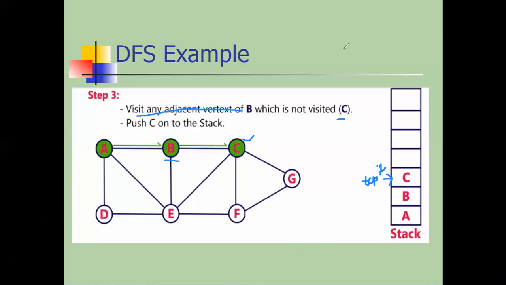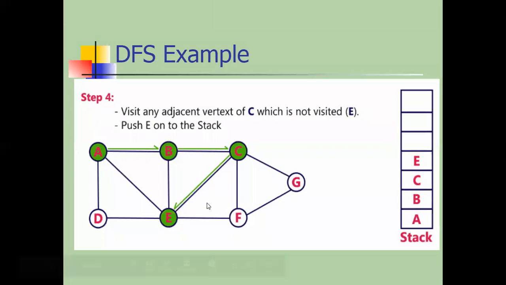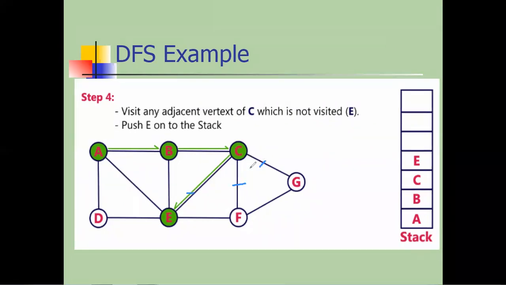Now the next step: we have to repeat this step until our minimum spanning tree is found. Now we are considering this node. Again step 4: concentrate on the dark green circles, A, B, C, already visited. Now we have reached node C. Again we check which adjacent vertices of C are not visited. The adjacent are E, F and G. You can select G as well as E, depending on you. So I am selecting E here.